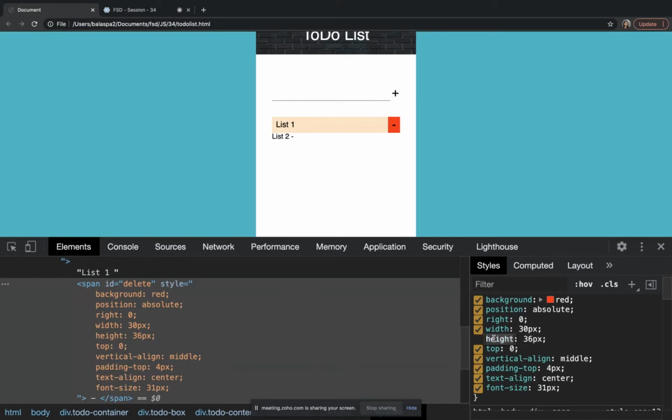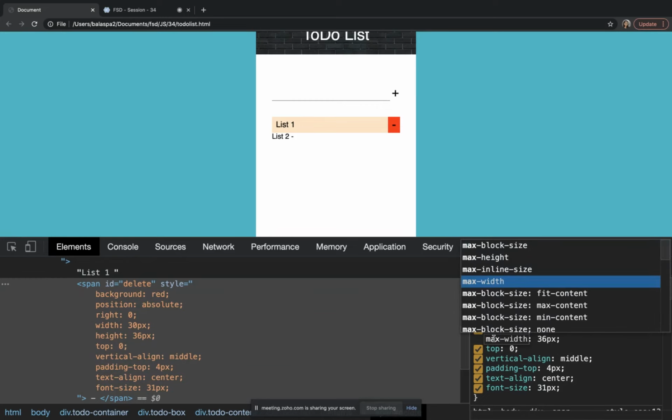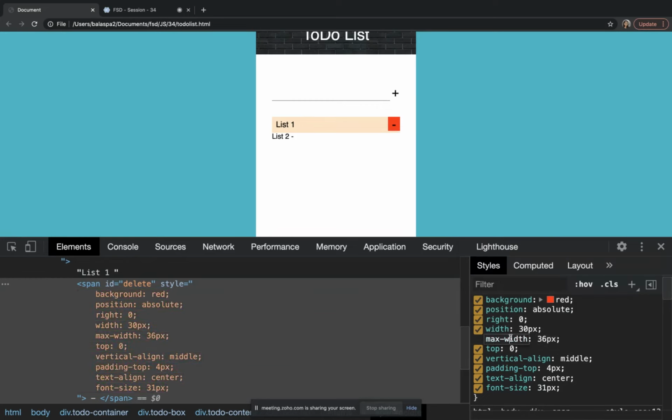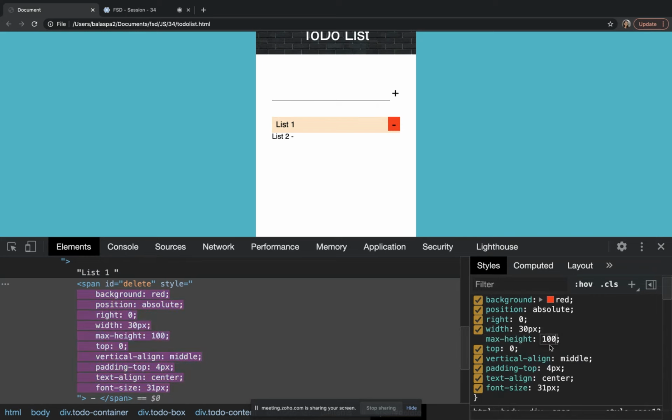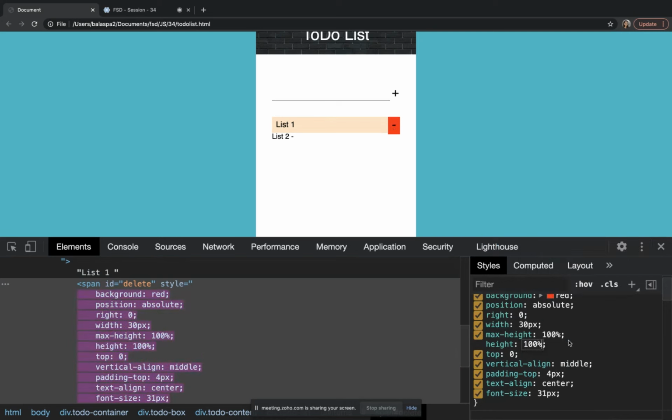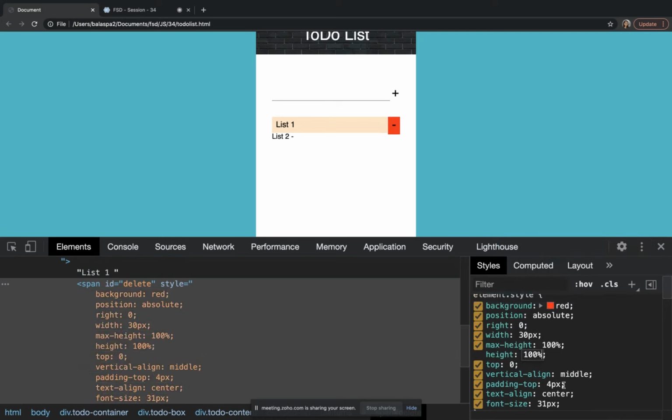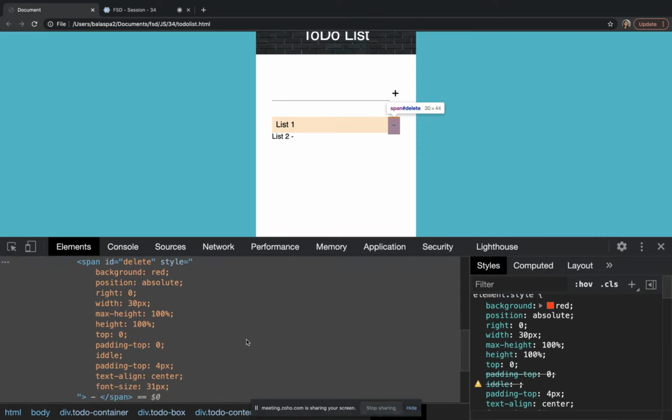Actually, if I give max height of 100, it should not go out of the box. Because of padding, it is going out. Padding top.